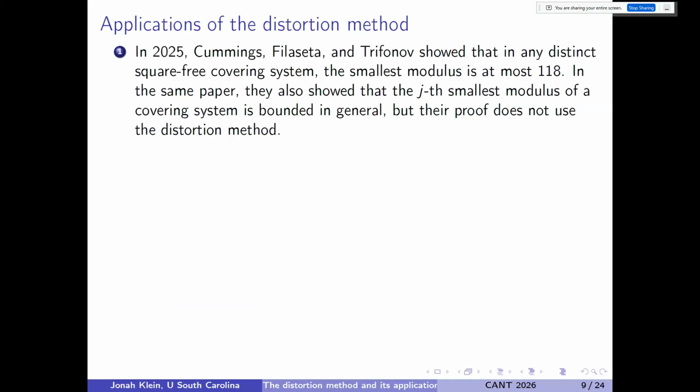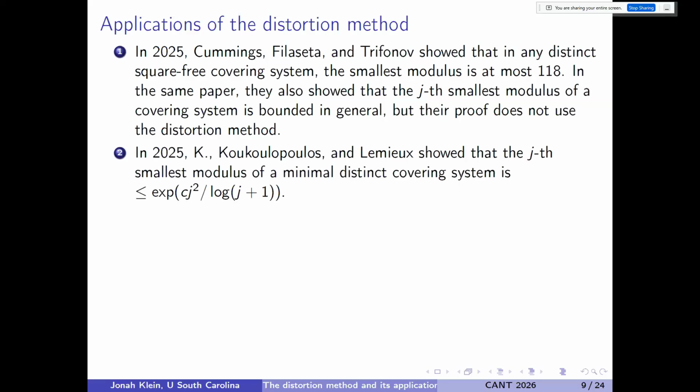In the same paper, they also showed that the jth smallest modulus of a covering system with distinct moduli is bounded, although their proof does not use the distortion method and they don't give explicit bounds either. That last result was improved using the distortion method by me, Koukoulopoulos, and Lemieux, where we showed that the jth smallest modulus of a minimal covering system with distinct moduli is at most exponential of Cj squared over log j plus